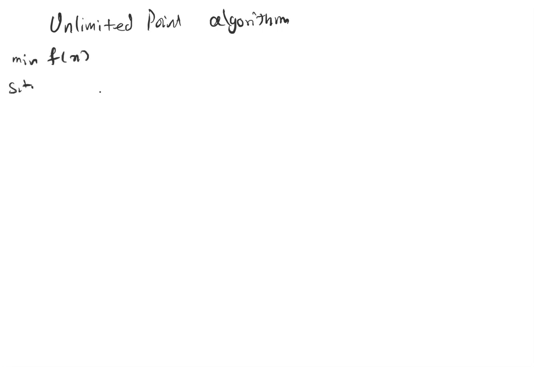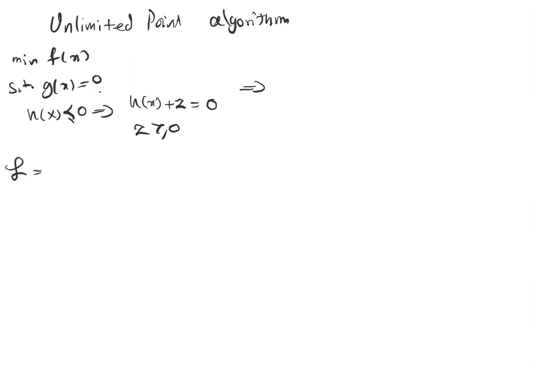Minimizing f of x subject to g of x equal to 0, h of x less than or equal to 0. We transform h of x to h of x plus z equals 0, and z is greater than or equal to 0. So our KKT conditions are going to look like this. First, write the Lagrange function: f of x plus lambda transpose g of x plus mu transpose h of x plus z. All right, so our KKT conditions are going to be